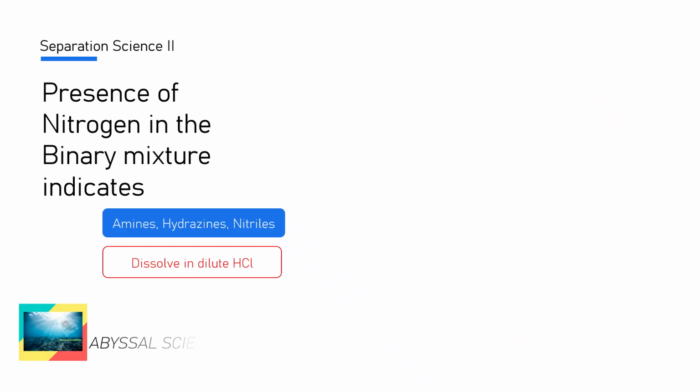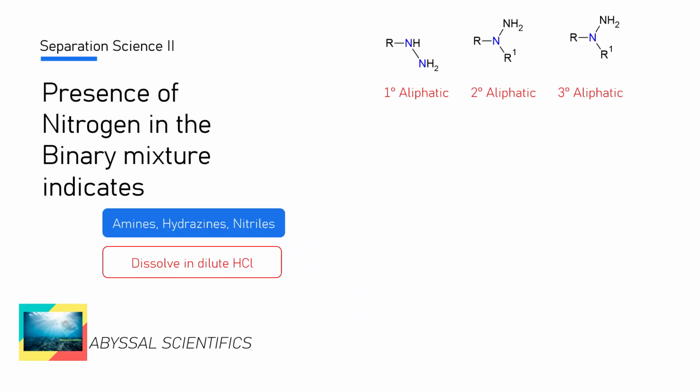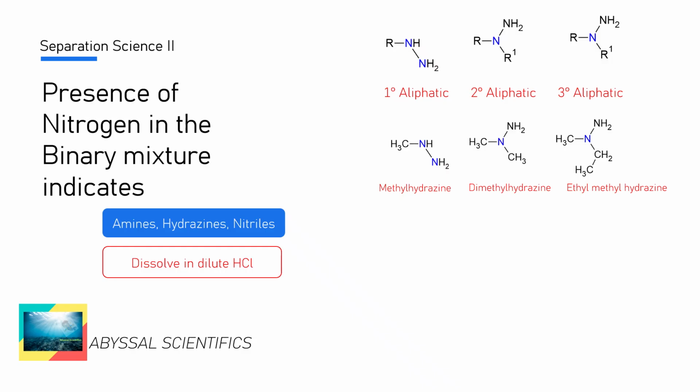The other group of nitrogen containing compounds in a binary mixture are hydrazines: the primary aliphatic, secondary aliphatic, tertiary aliphatic hydrazines. Examples are methylhydrazine, dimethylhydrazine and ethylmethylhydrazine,